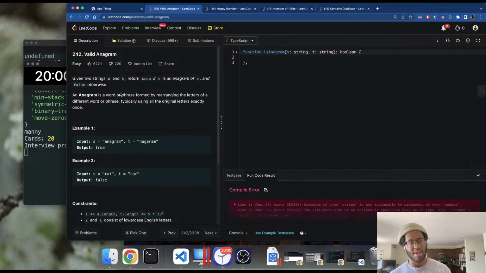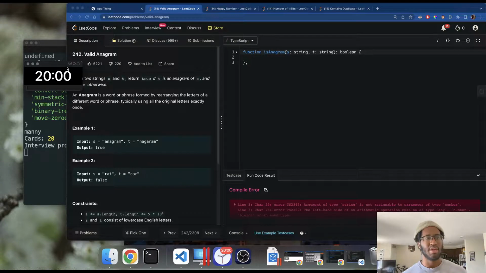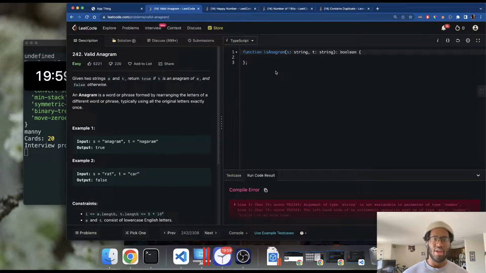Valid Anagram, LeetCode easy. We're given two strings S and T, and we have to return a Boolean. Given two strings S and T, return true if T is an anagram of S, and false otherwise. An anagram is a word or phrase formed by rearranging the letters of a different word or phrase, typically using all of the original letters exactly once. So basically, we could rearrange this problem as